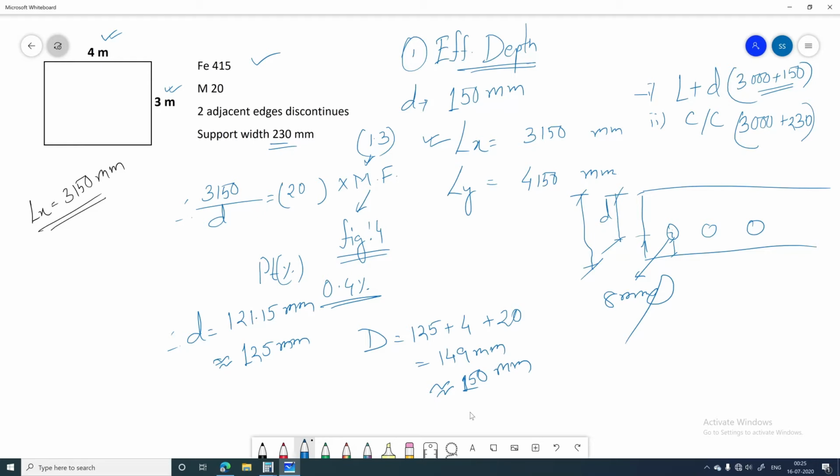If you consider 150, the value of the small d will be 126. You just deduct this 20 and 4, and you will get 126. This is the ultimate consideration of d that we proceed with in the further calculations. So small d equals 126 mm. We will consider this in the next equations as well as the next design considerations, and the capital D value is 150 mm. This is the overall depth, this is the effective depth, and this is the effective span in the shorter span. We will consider these values in the next steps.